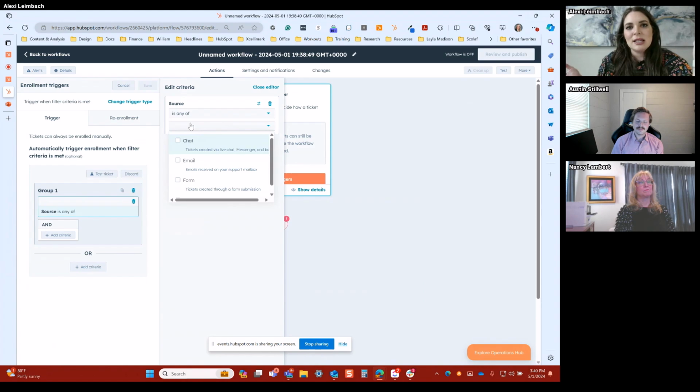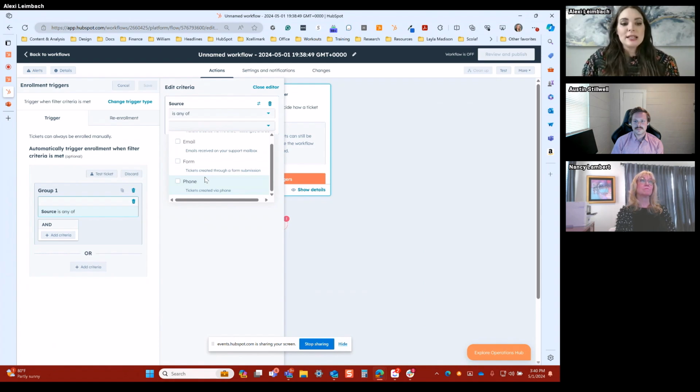So if somebody sends an email into support@excelomark.com, it automatically gets created for us to address. For the form, anytime somebody fills out a form that is customer service based, it'll create a ticket for us to follow through. And if you're using the call system in HubSpot for any inbound calls, HubSpot will automatically create a ticket for you as well.